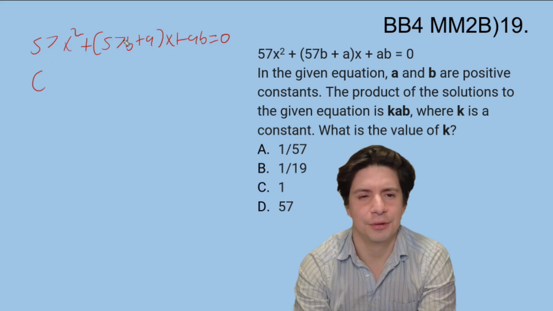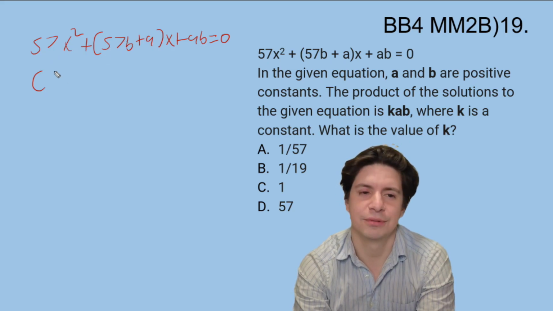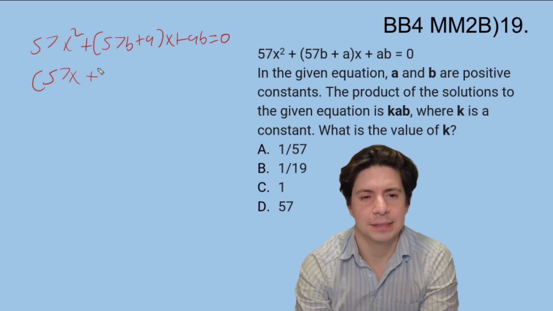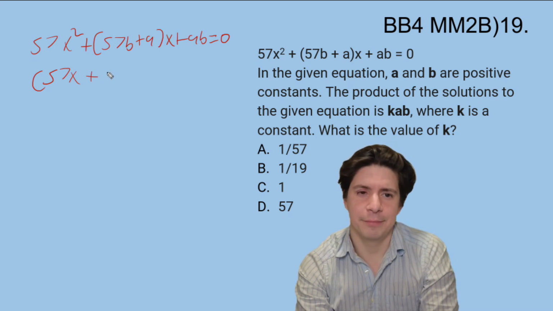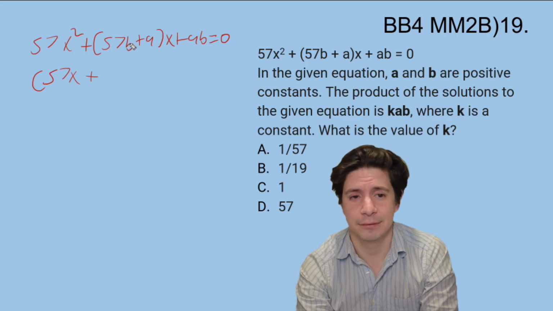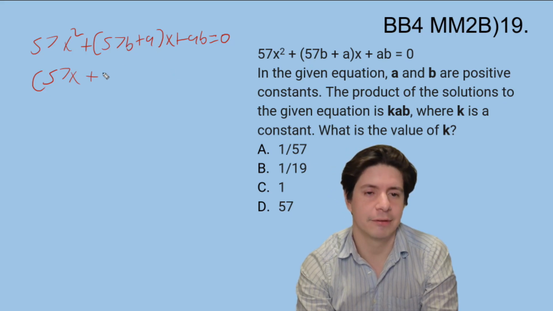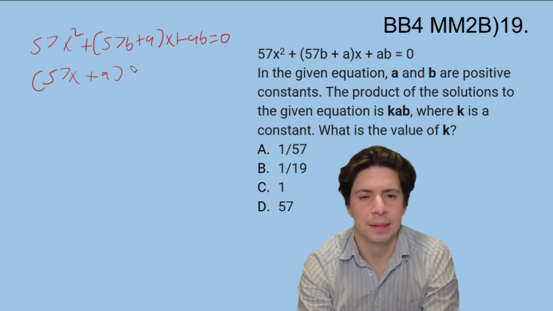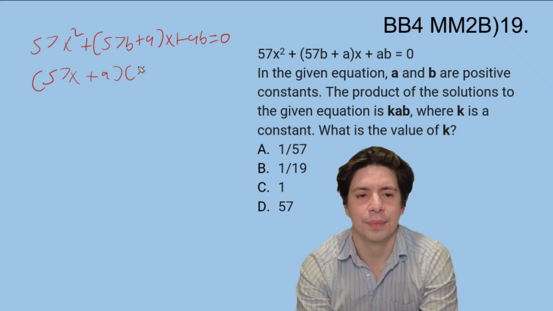But I see here there's a 57. And this kind of looks like a multiplication and addition thing. So there's some sort of combination. So I'm going to go 57x plus A or B, right? If I put an A here, then that means 57x will get multiplied by B, and that would give me 57bx, which looks right. But if I put a B here, then I would get 57ax. I'm going to put A, and then I'm going to do x plus B,